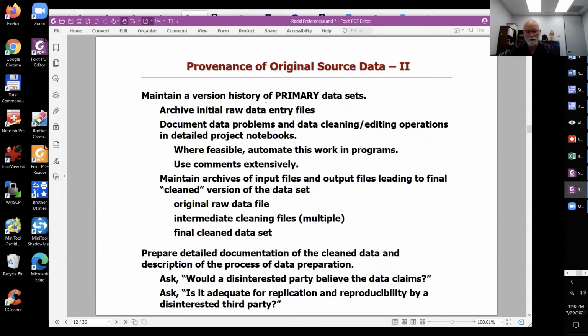Okay, on original source data, maintain a version history of the primary. Primary data typically involves a lot of cleaning, and you'd want to start with your raw data entry files and periodically archive them. You're going to be cleaning and editing them. If you can, do that with programs whenever possible, and avoid direct data editing by hand. If you do any of that, either editing by program or by hand,